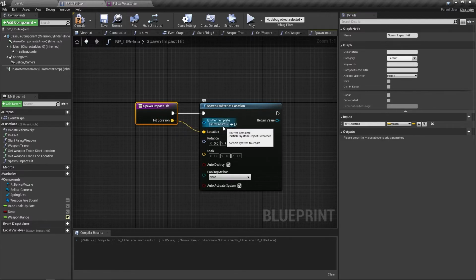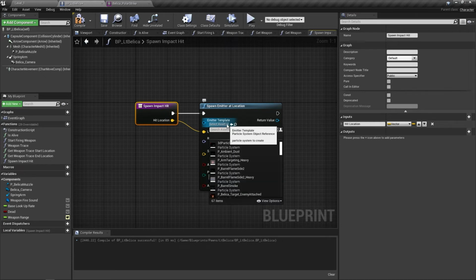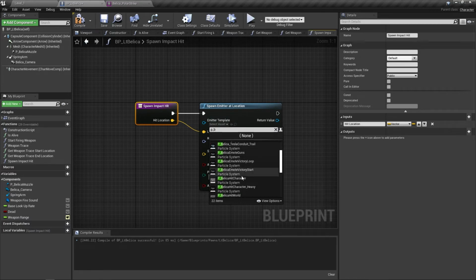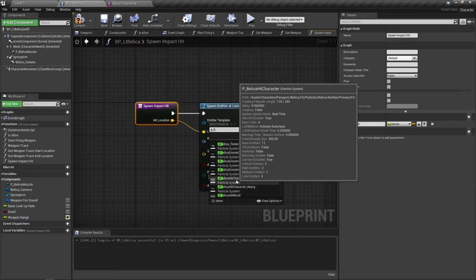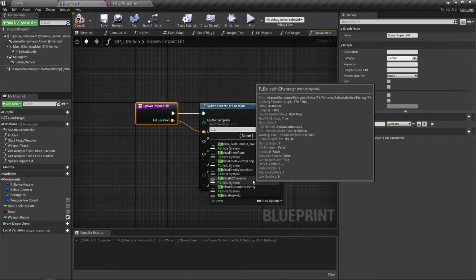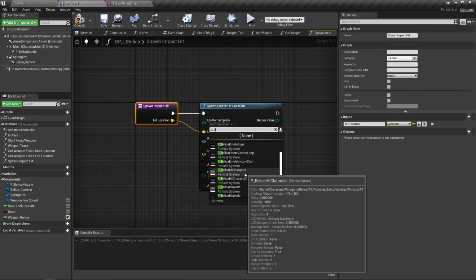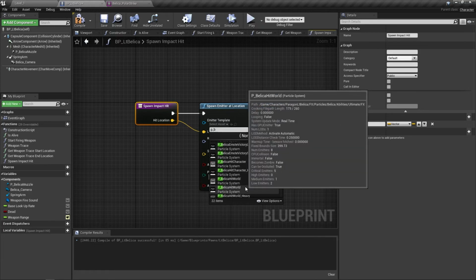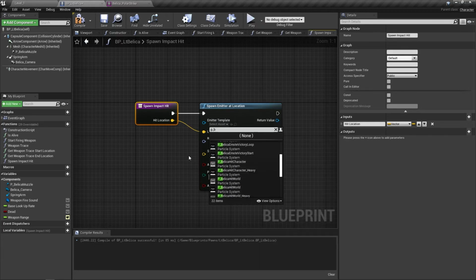So now we've got to figure out what our emitter is. So I'm going to hit the down arrow there. If I remember right, mine was P underscore, and then with my character's names, if I type in B, it should limit some of these down. And there's mine right there. Particle hit character. And I believe that's the one, but I've got also a heavy, and then I've got a hit world. All right. So I'm pretty sure it was hit character,